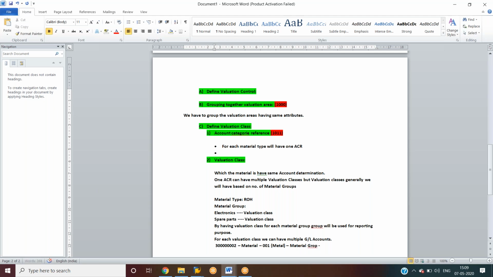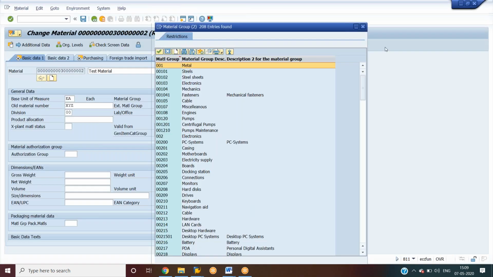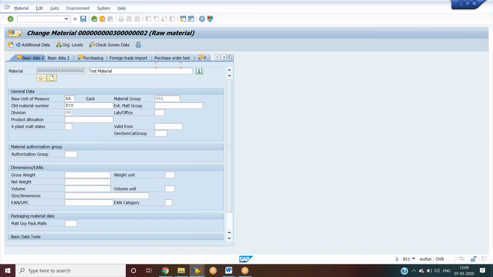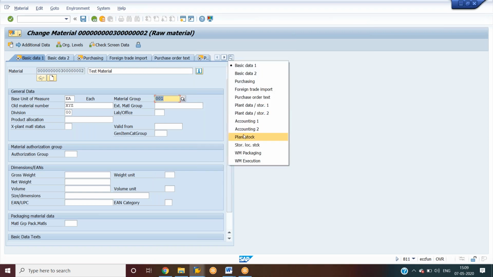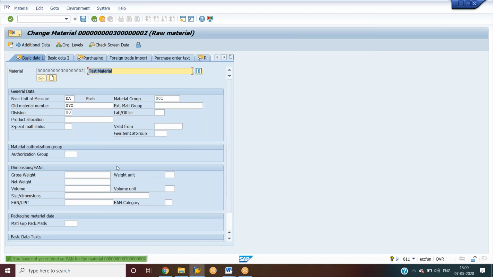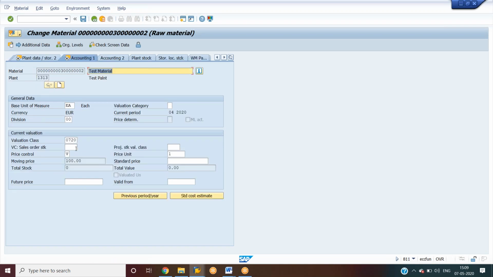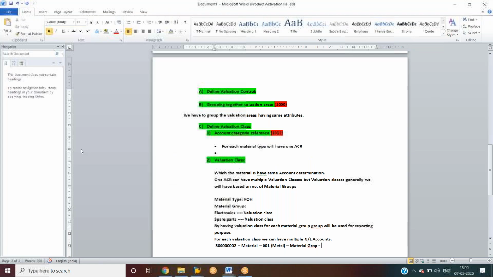And here, if we go to the accounting view, accounting one view, we can see we have one valuation class, that is 0710.